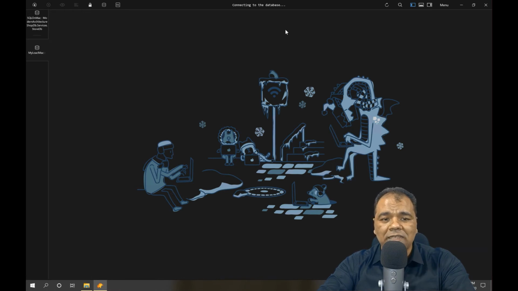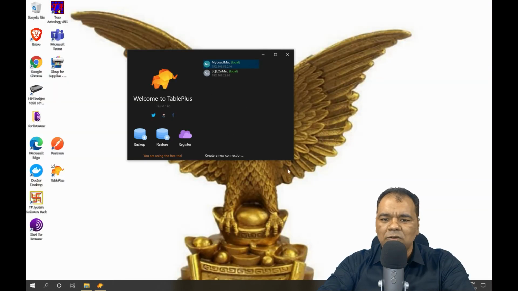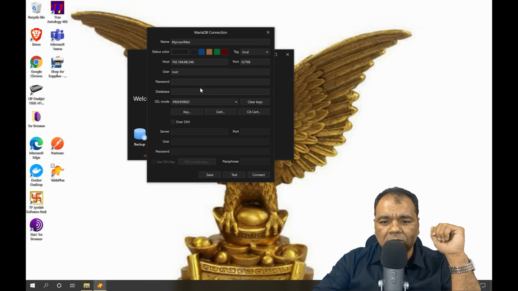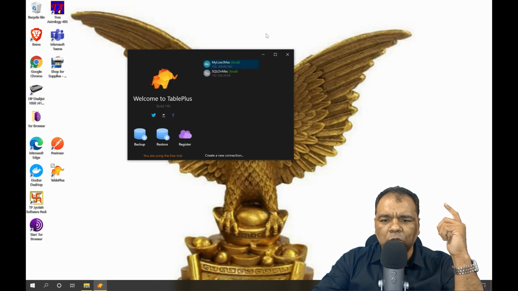So I need to edit that connection. What I'll do is close this connection. When I click this, you see the whole window is closed. Now let me edit the IP address of my local one. Let me see which database this is. I created this pretty way back. Okay, this also seems to be SQL Server, so I will delete this.